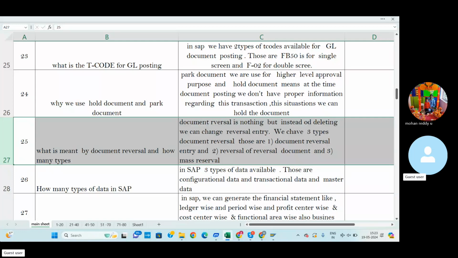For this purpose we can use the document reversal entry. Using it, we can nullify the balances and adjust the entry so that each GL is on its proper debit or credit side. Then we can rectify this using document reversal.